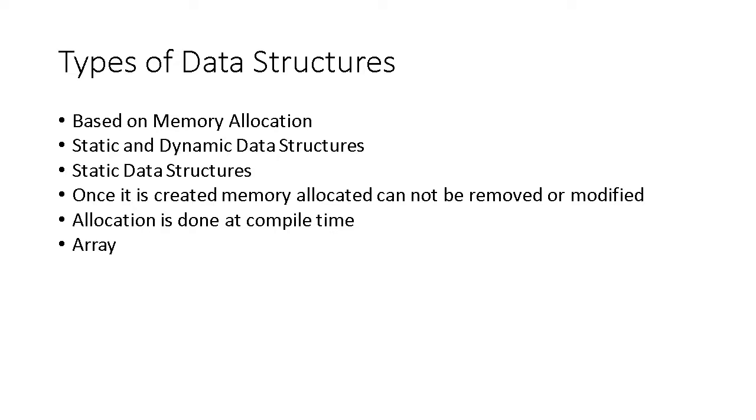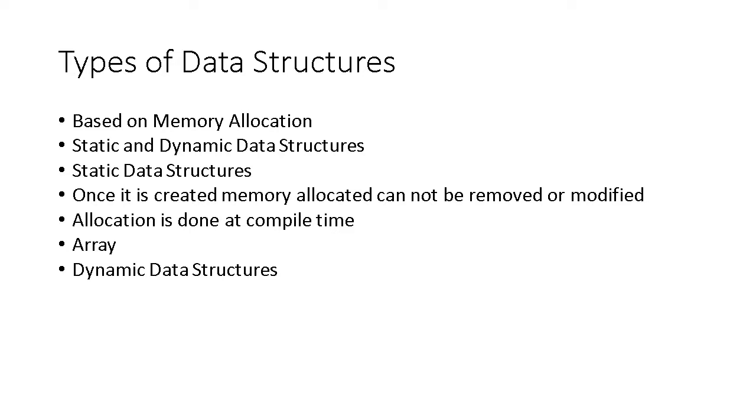So now when we are compiling the program, at the time of compilation only, my compiler is going to see how much memory I have to allocate for that particular array. Based on its data type, it is allocating. Once it is allocated, we cannot remove or modify that allocated memory for that particular array of elements. That's why array is a static memory, static data structure, as well as a linear data structure also.